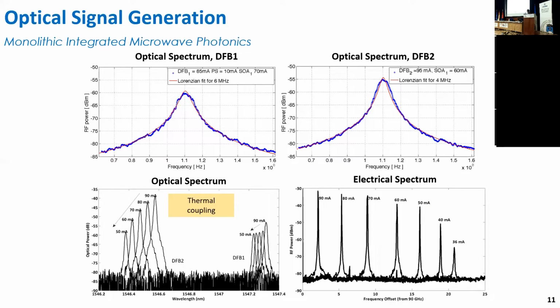Actually, it's with current. We're changing the current, and we get different amplitudes, and we get thermal cross-coupling of the two because we're close together. But we generated different frequencies. This is an offset of 90, so this is starting at, actually this was 95 gigahertz up to 100. Basically, we got what we wanted,